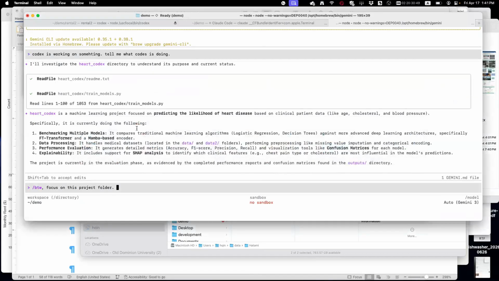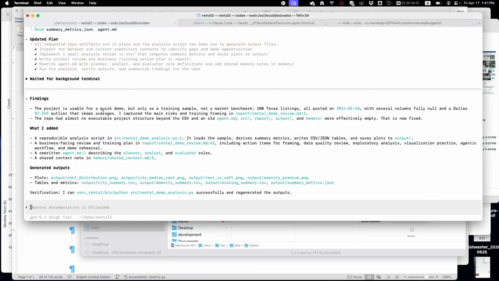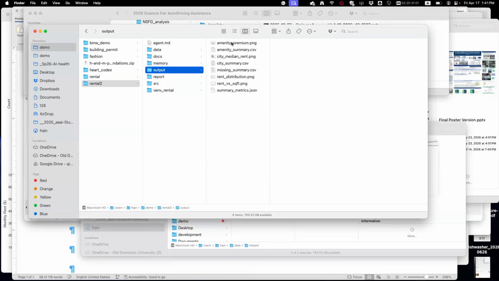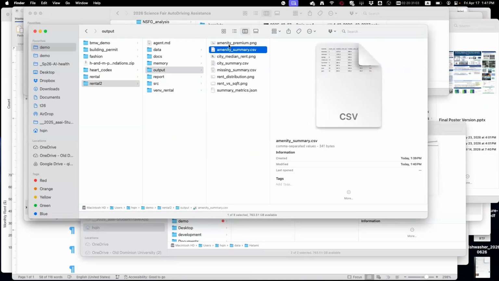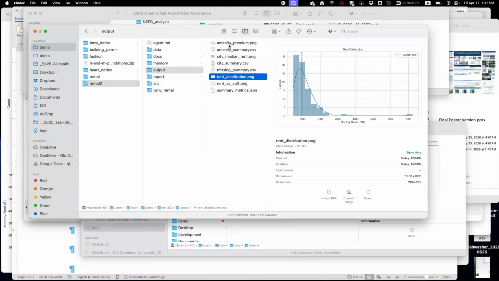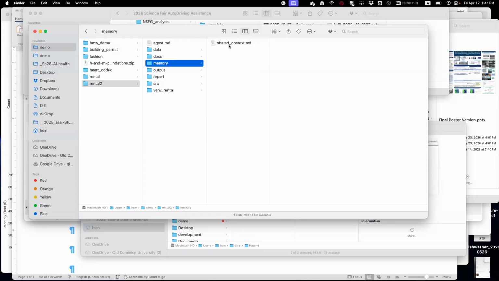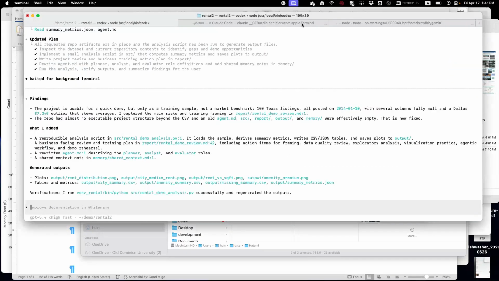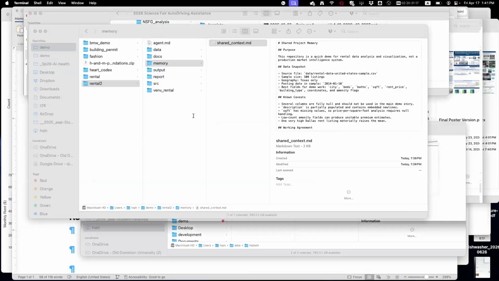Apparently it's not just doing a plan, it actually generated the code and the plot, and even put the figure there. That's interesting. It's doing something more than I asked it to do. It put its shared memory there.